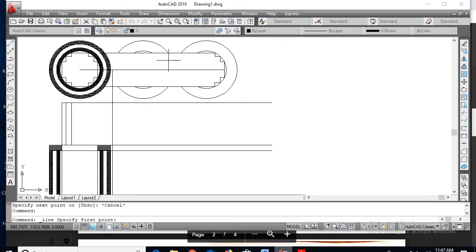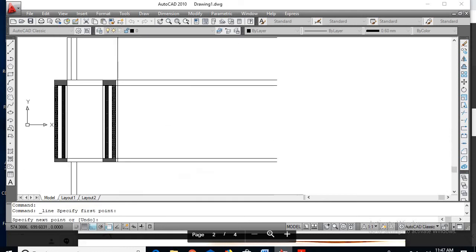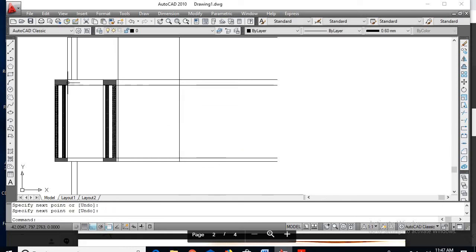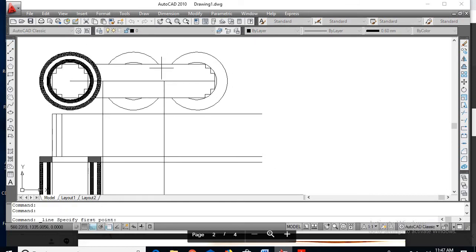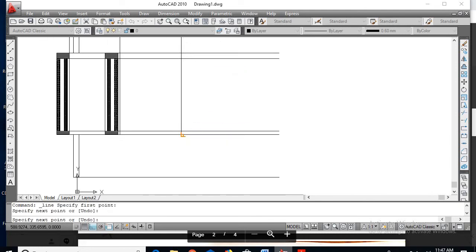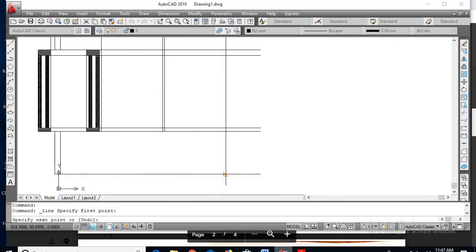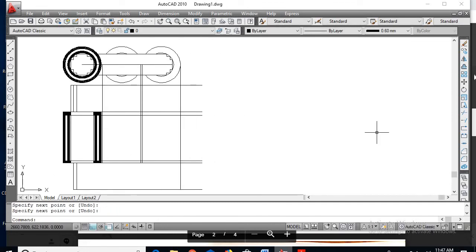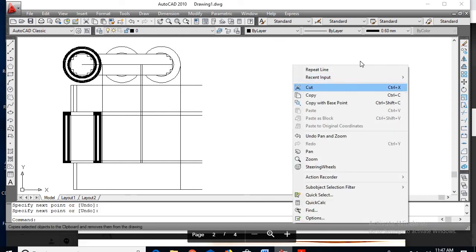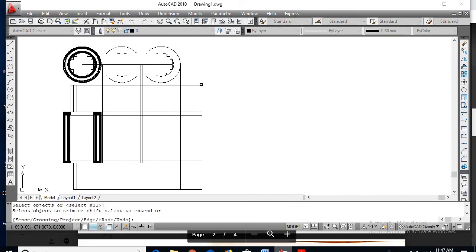Again, go for line, from here extend line up to here. So then go for a line, extend the line. So go for trim command, right click, remove these unwanted portions.